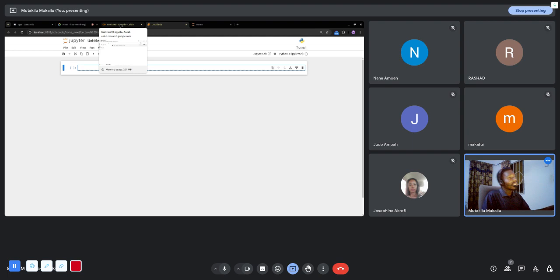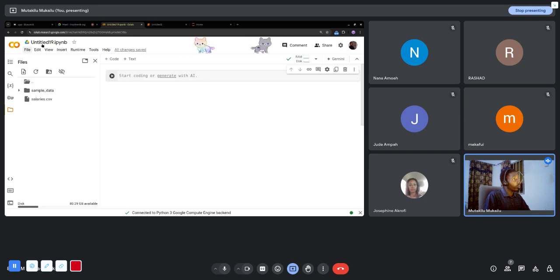I mean, how to open a Jupyter notebook or drag or upload your data set into your Google Colab, which is very fine. Now, I would advise you always rename your file name into something you would always remember. So, for example, maybe I can make this intro to data science, so that I would know that this notebook is actually introduction to